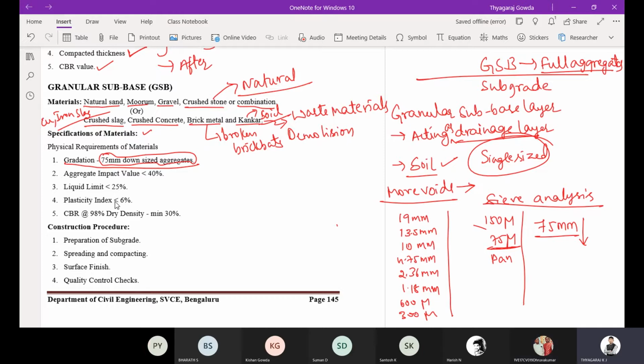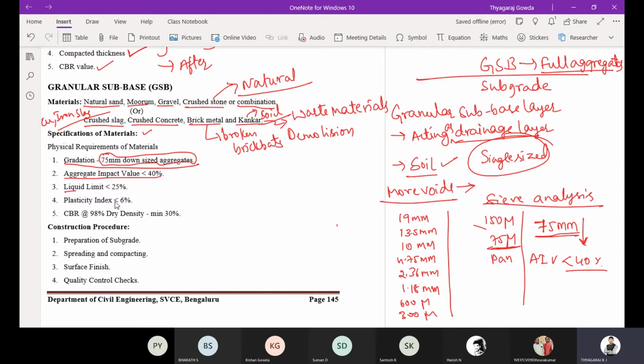Yes, sir. 75 mm down means the aggregates passing 75 mm IS sieve can be used as the GSB material. Then aggregate impact value. As we all know how to conduct this aggregate impact value, it should be less than 40%. Whatever the aggregates you are going to use, it should have the aggregate impact value less than 40%.